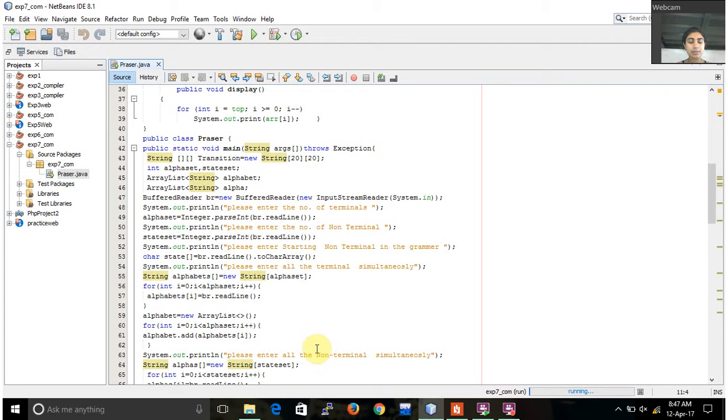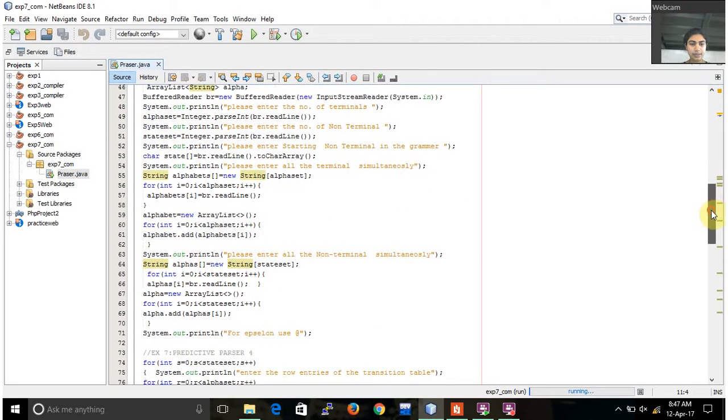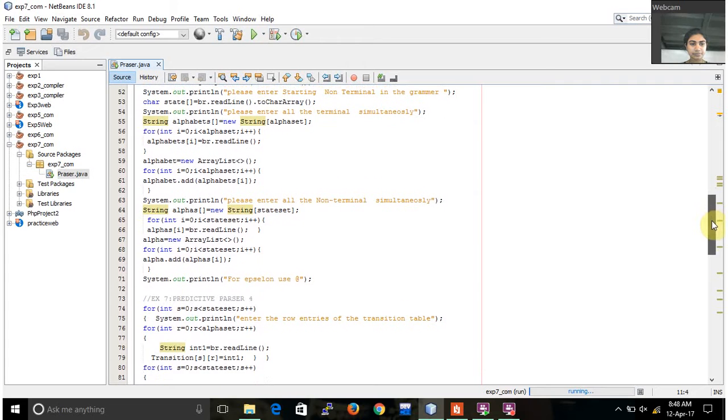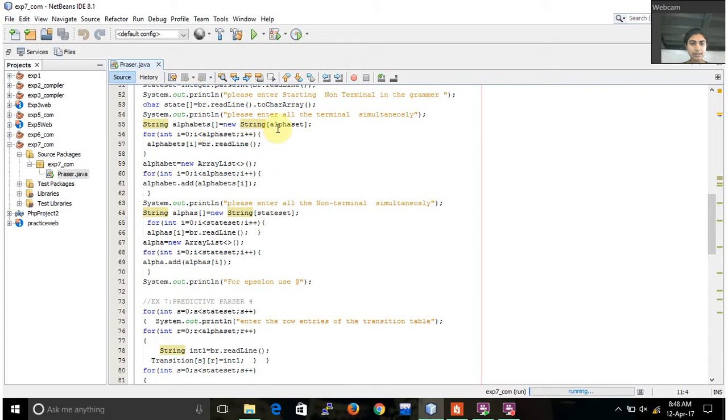Then comes our buffered reader. So using buffered reader, I'm creating a new input stream reader with system.in. Now I am asking the user to enter the number of terminals, then enter the number of non-terminals. Then I'm going to enter the starting non-terminal of the grammar, then enter the terminals simultaneously. For all of this I take the input value, of course, and then I'm going to create a for loop